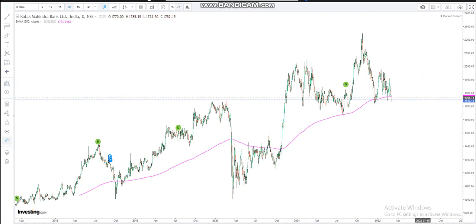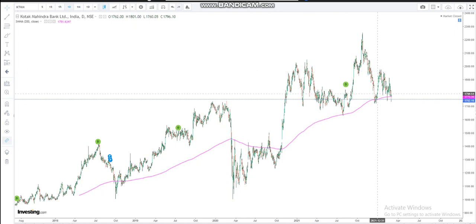So it doesn't matter if you are a long-term investor, whether you are buying at 1800 or 1700 or even 1500, in the very end what you are trying to find out is at what place we can invest our money and keep it for a long-term gain, right? Here you can see in the past, in 2018 there was a drop down, here it came near the 200 SMA, and then there was a distribution, and then it shot up, right? So we are more interested in these moves for our long-term investments, or at least for the next 2-3 years.